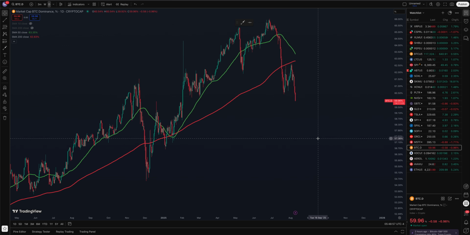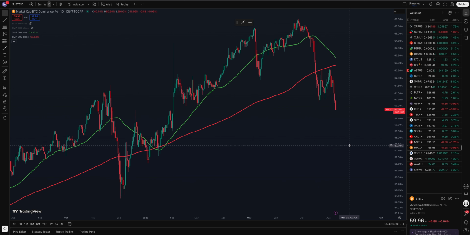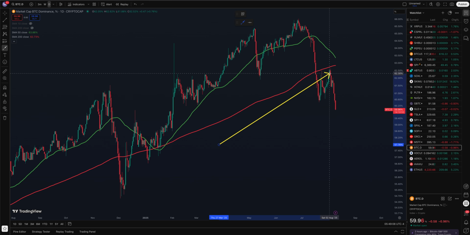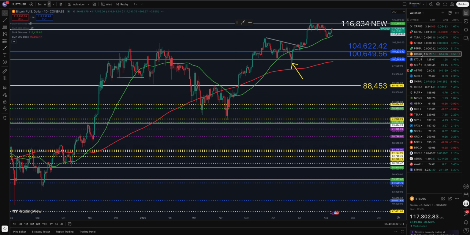But so far, it's interesting, we have Bitcoin up right now, but we have money flowing out of Bitcoin. And this chart tells us that although Bitcoin is up right now, it's full of air. It's not strong. This rally for Bitcoin right now is money getting pulled out of Bitcoin and going into other coins. And that's why we're seeing smaller cap coins start to move. Essentially, we're heading into an altcoin season. We have Ethereum up 5% today. So, exciting news for people holding other cryptos.